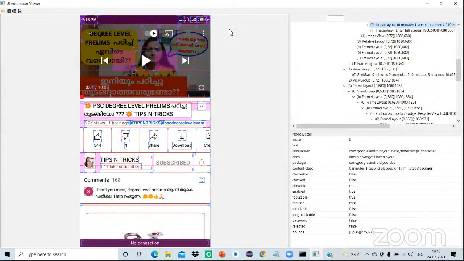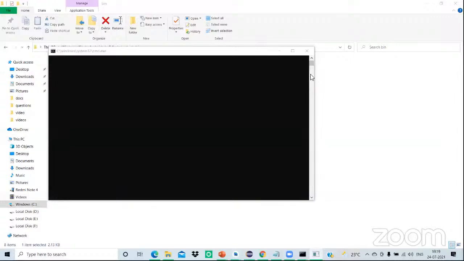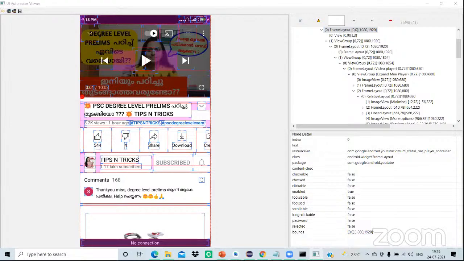So that is the native part and web part. If it is a web part, I have already told you, like in Chrome browser, you can take out the XPath. The same XPath we can also use for the app which we install using the Play Store also, for the website. So if you are identifying the native part, you can see here